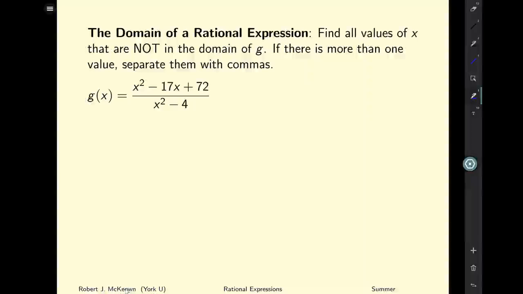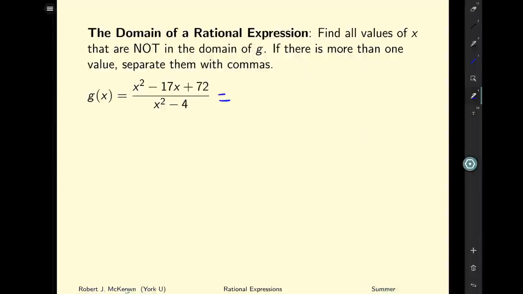Here's an ALEKS question, and I've copied and pasted from ALEKS, and it tells us to find all the values of x that are not in the domain of G. So I can take a look at this and do some factoring. For these questions, the numerator never matters. It doesn't influence